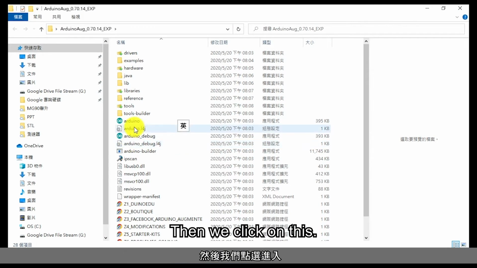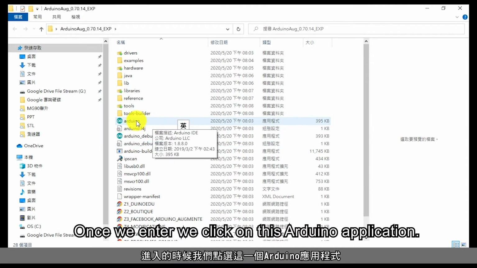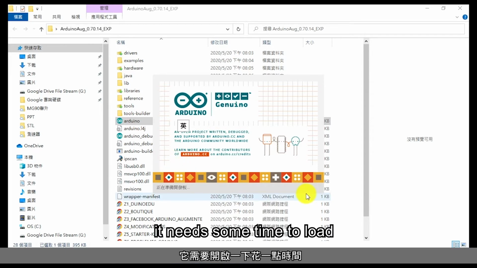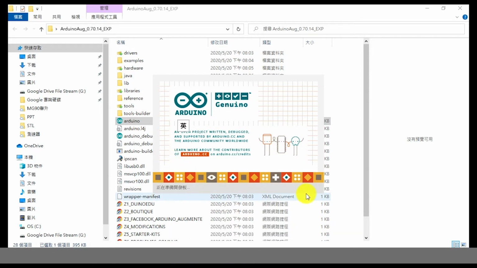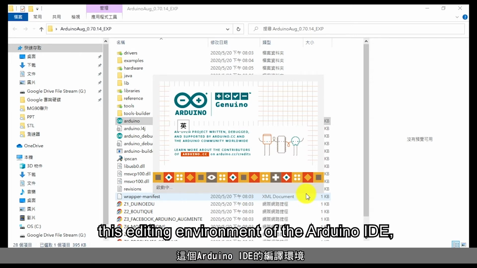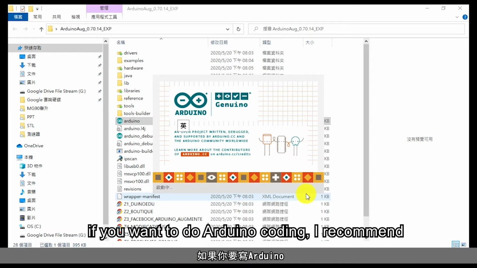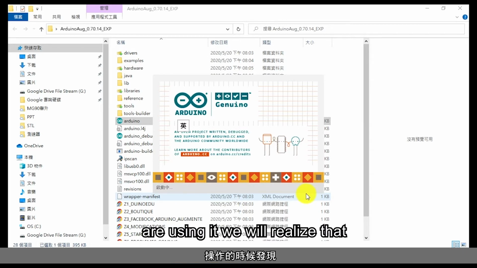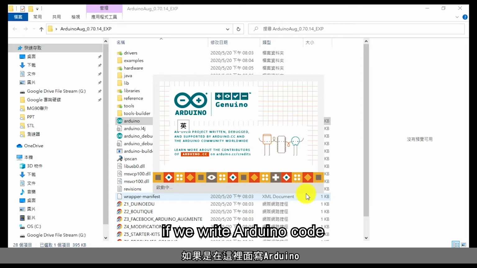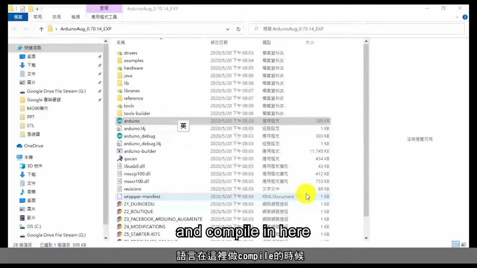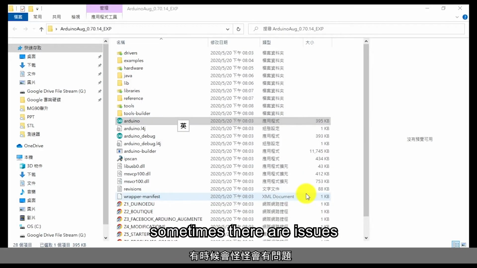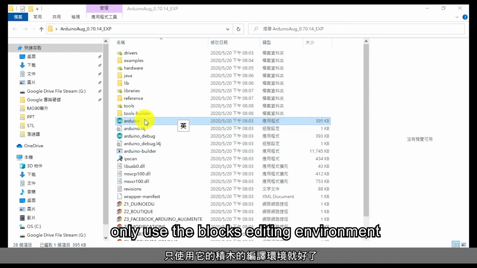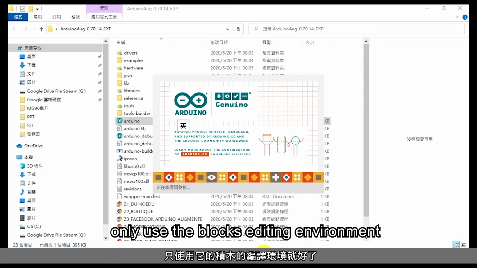Then we click on this. Once we enter, we click on this Arduino application. Then when you click it, it needs some time to load. Let me remind you about this editing environment of the Arduino IDE. If you want to do Arduino coding, I recommend not to use this environment because when we are using it, we will realize that if we write Arduino code and compile in here, sometimes there are issues. So for this program that we downloaded, I recommend that students only use the building block editing environment because sometimes